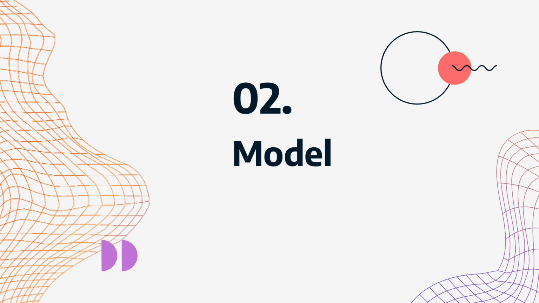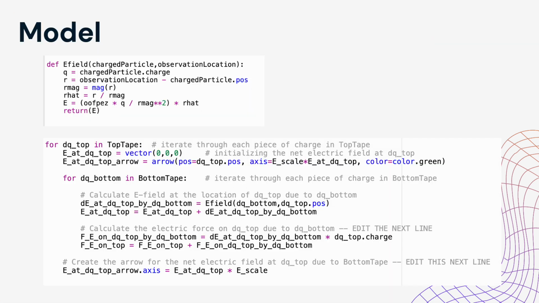So now, let's get into the model that we used throughout this lab. As you can see, this is our model, with a bunch of fill-in-the-blanks for our VPython code. Up top is our basic electric field equation, and at the bottom is our function that we use to